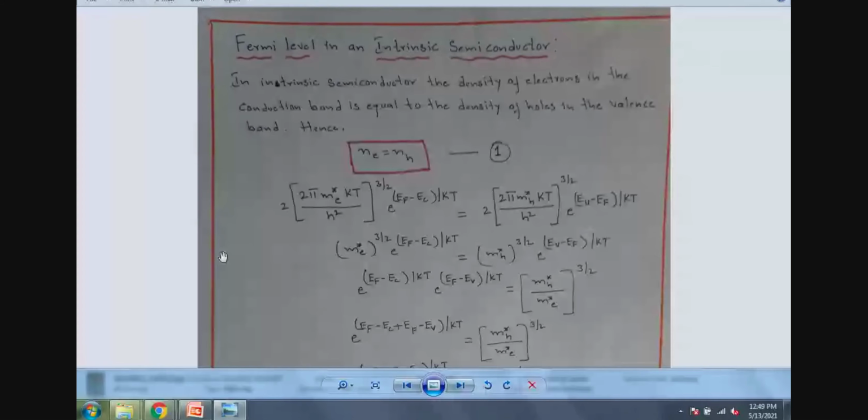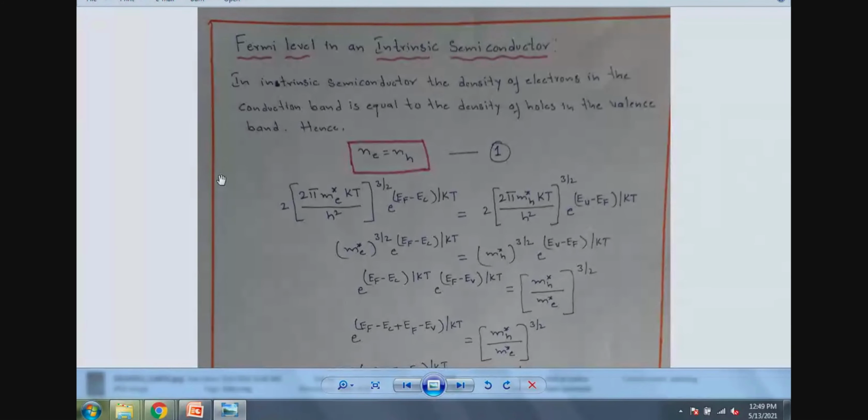Simple, very simple. It will come in 2 minutes, right? Now let me explain that. In intrinsic semiconductor, please all of you put the heading Fermi level in intrinsic semiconductor. This is most important. Okay, so in intrinsic semiconductor, we can say that the density of electrons in the conduction